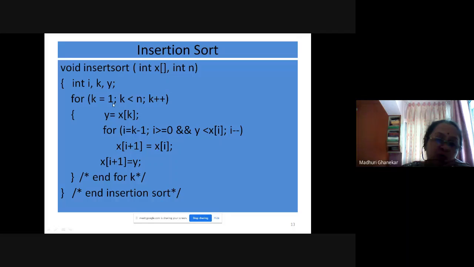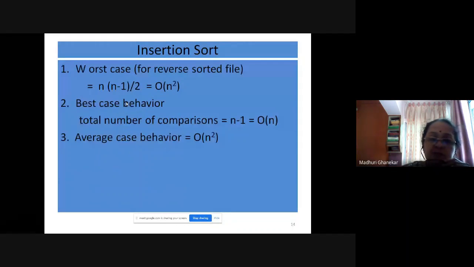Only one loop, this for k, will be executed, and so the time complexity comes out to be big O of n.